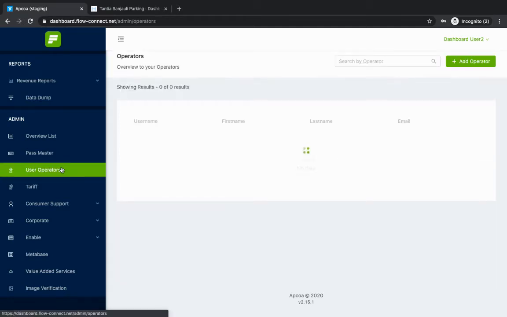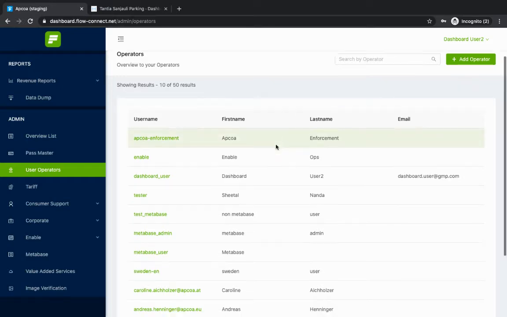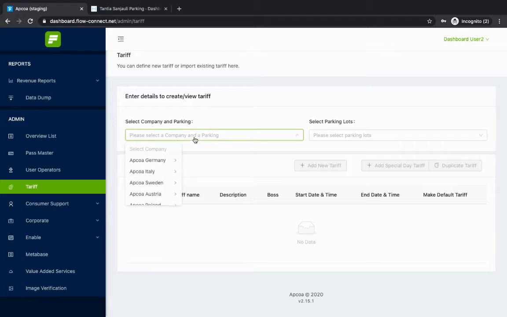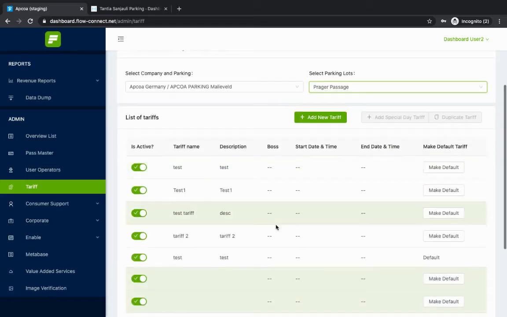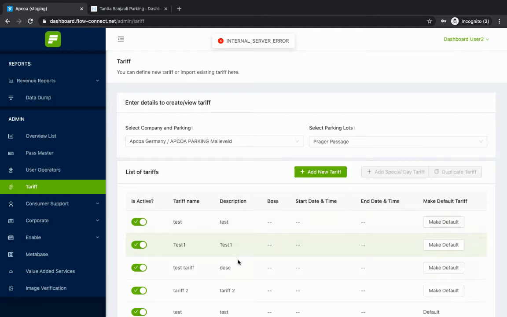The user operator module helps the parking admin to add a new dashboard or new admin user to use the admin portal. Tariff module helps to create and manage the tariff. You can search a specific parking lot, see the different tariff available, and make the specific tariff as a default